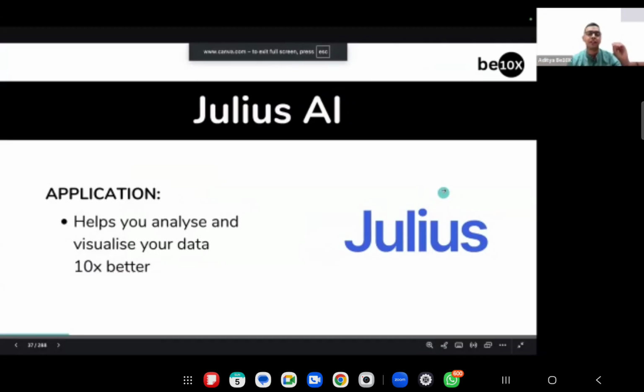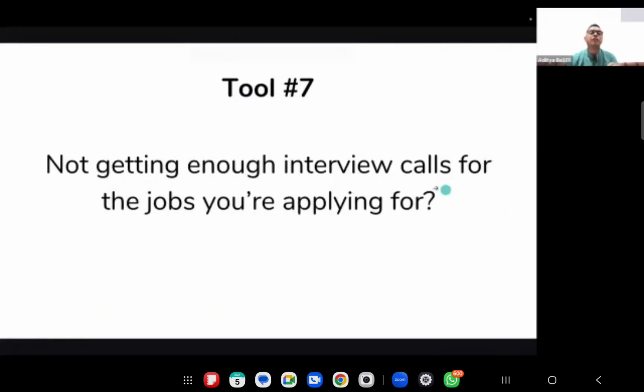But we do not stop over here. Tell me, how many of you feel that you are not getting enough interview calls for the jobs that you are applying for, that you are applying for a lot of jobs? Aditya, I want to switch my job. Aditya, I want to get a new job for myself. Aditya, I want to get a first job for myself. Aditya, I've had a lot of career gaps. I have not been working for the last few months. I really want to do it, but there are not enough interview calls I'm getting for the jobs that I'm applying for. How many of you are really facing this particular problem, applying to jobs but not getting called for interviews?